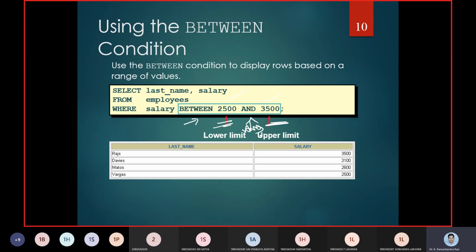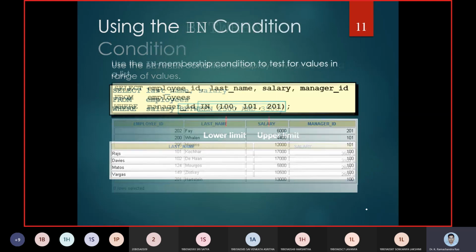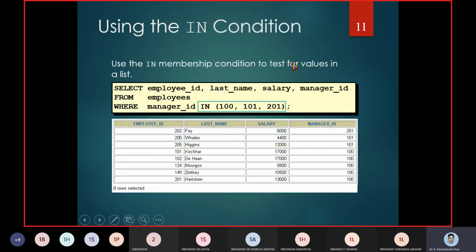Here we use an AND operation, so it should satisfy the range between 2500 and 3500. The BETWEEN condition displays the rows based on the range of values, the minimum limit 2500 and the maximum limit 3500. Now you can see all the answers displayed are between 2500 and 3500 only. That is where we use the condition operation.